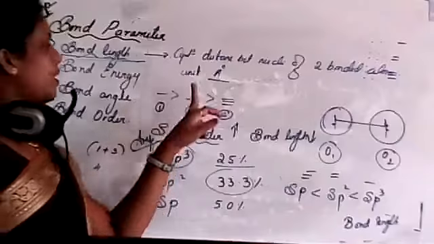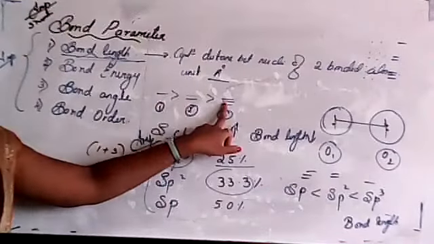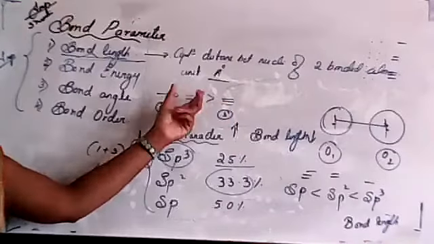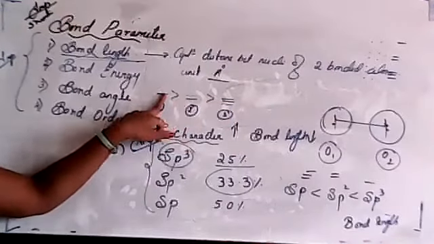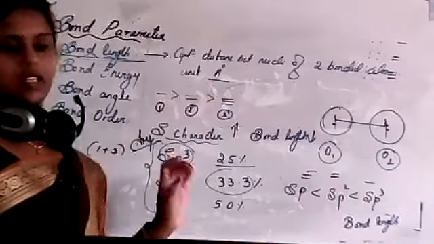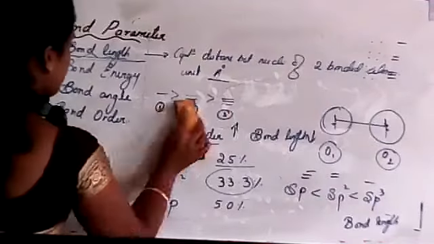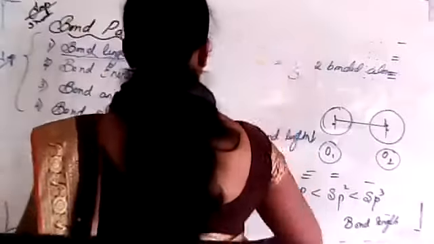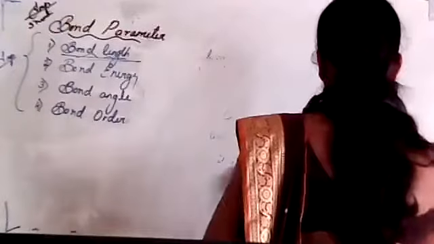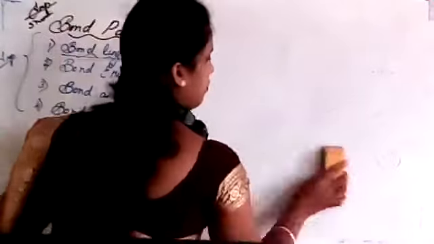The unit is angstrom. If we consider bond order with single, double, and triple bonds, the single bond has a longer bond length than the double bond, and so on. This is again very important about bond length. You have to write all these things for 1 mark, in a 4 marks question, 1 mark for each. If they ask for 3 marks, you can write 3.